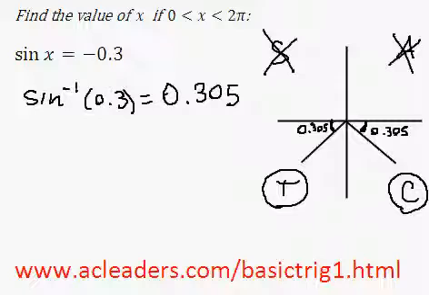However, we need the answers in standard position. So the first answer will be from here to here, and the second answer will be from here to over here. So let's first concern ourselves with the red angle, which is the first answer. How can we find it? It's in the third quadrant, so I can just add 0.305 to pi. So pi plus 0.305 will be equal to,